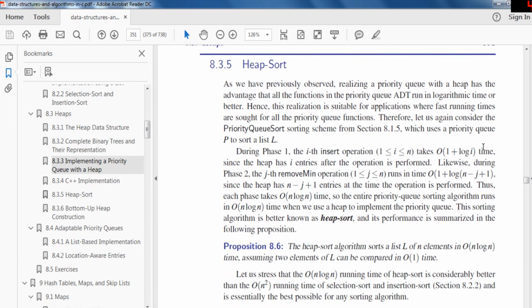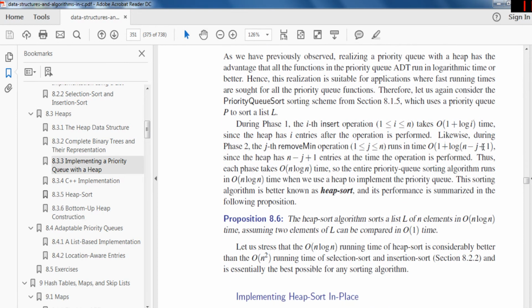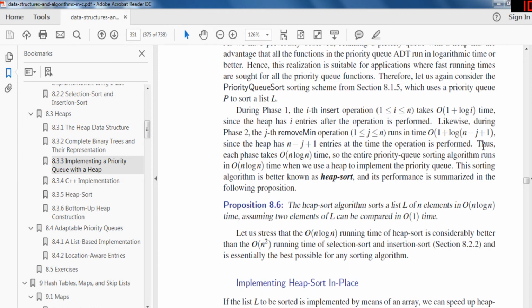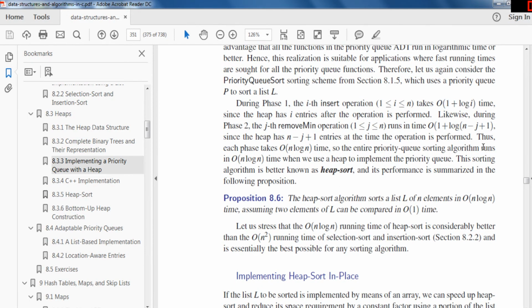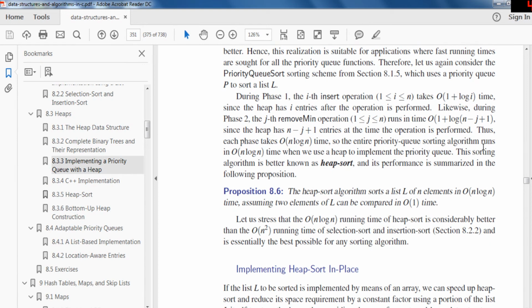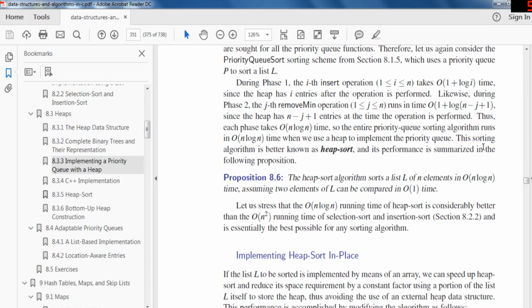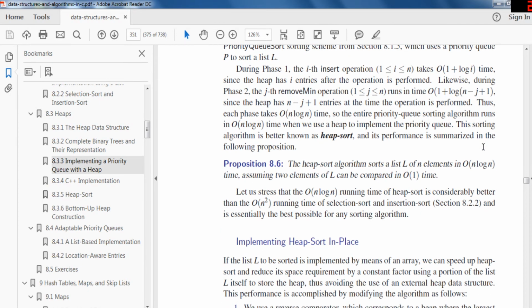Alright, so you observe that a priority queue with a heap has the advantage that all the functions in a priority queue ADT run in logarithmic time or better. Hence, this realization is suitable for applications with fast running times and are soft for the priority queue functions. Therefore, let us consider the priority queue sorting scheme, which uses a priority queue P to sort a list